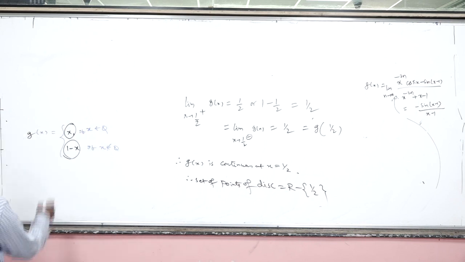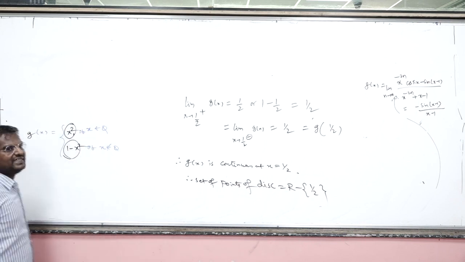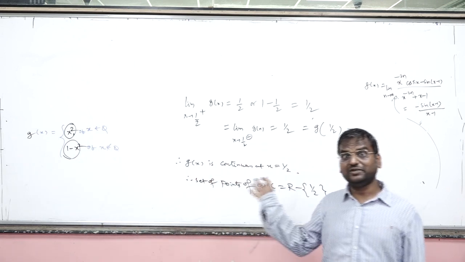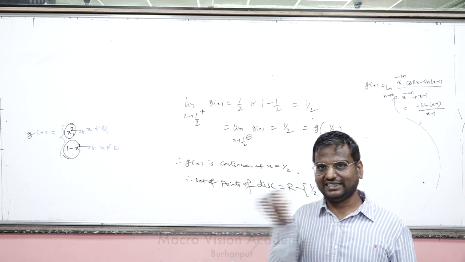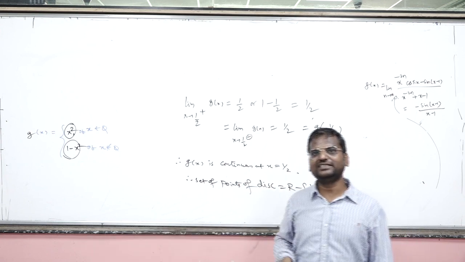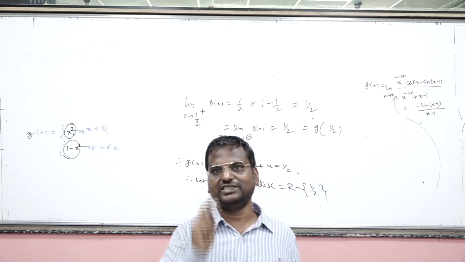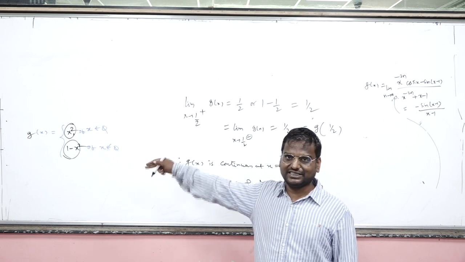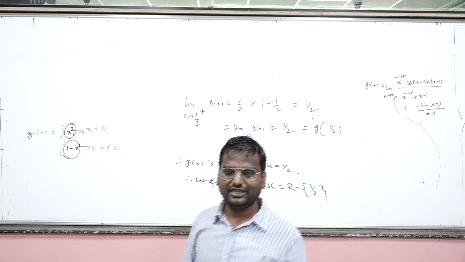Similarly, if I modify this by x square and 1 minus x square, now you think at how many points it will be continuous? 2 points. x square equal to 1 minus x square. So x square is 1 by 2, x equal to plus minus 1 by root 2. There are 2 points of continuity for the x square and 1 minus x square branch function. ठीक है ना?